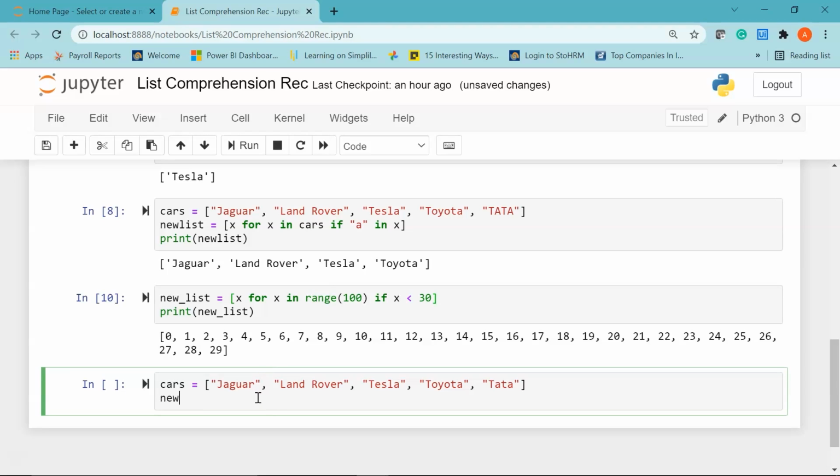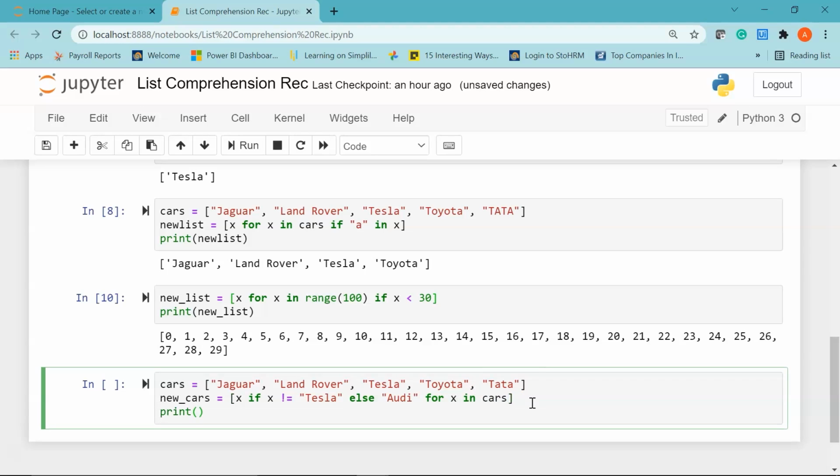I'll say new_cars equal to, I'll use the square brackets, I'll say x if x not equal to, so I'm going to use the exclamation mark, equal to Tesla, then we should print x, else, I'm going to use the else clause as well. I'll say else, if the car brand is Tesla, then change it to Audi, and I'll say for x in cars.